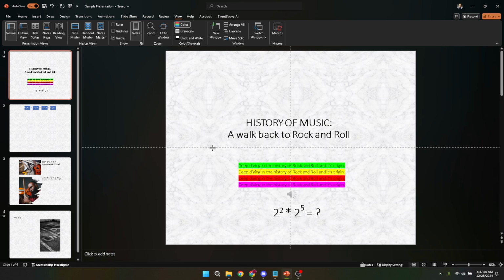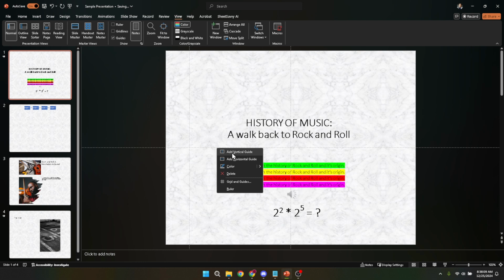But what if you need more than just the default horizontal and vertical guides? Well, PowerPoint allows you to add more guides to suit your design needs. To add a guide, simply right-click on one of the existing guidelines. You'll see an option to add either a vertical guide or a horizontal guide. Select the one you need and a new guide will appear on your slide, which you can click and drag to position wherever you like.